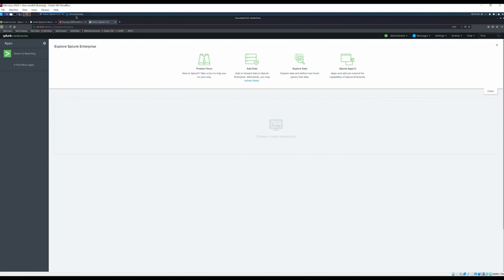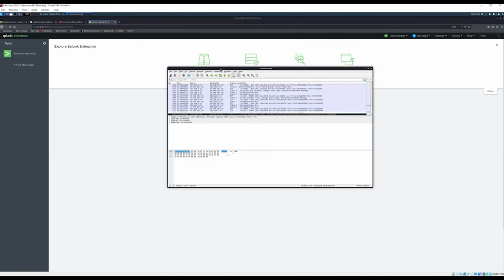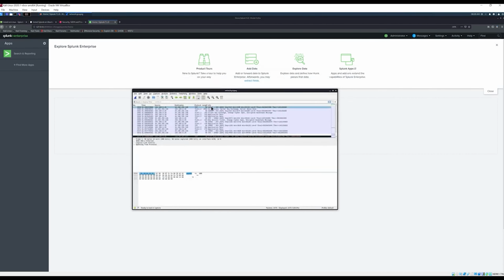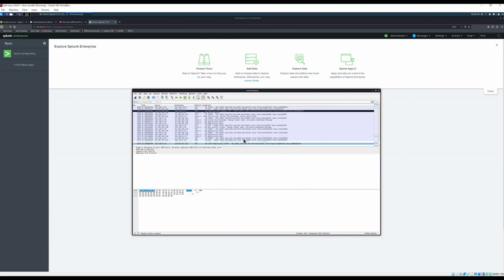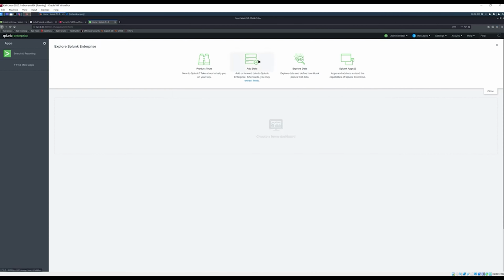So first of all, here in my virtual machine, I have been running Wireshark, which basically analyzes and collects all the packets going through the network. So I opened up Wireshark, set it to capture packets, and then I just went online and clicked around a few websites just for us to get some data. Afterwards, I clicked File, and then I just exported the entire capture into a simple CSV file. So now I have this in a CSV file, which I can then add to my Splunk to get a better view of the data by adding indexes to it, and then get an understanding of what Splunk is capable of. So we'll click Add Data,